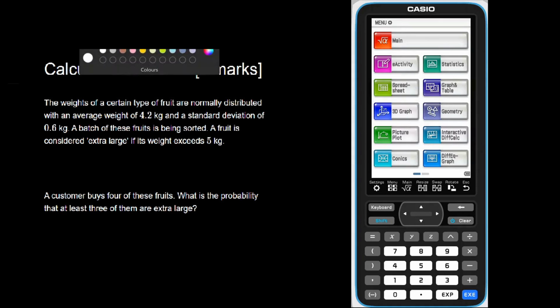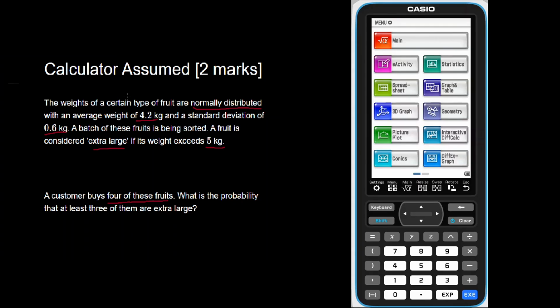This question here is a probability type question, and it's saying that a certain type of fruit is normally distributed. It has an average weight of 4.2, standard deviation of 0.6, and a batch of these fruits are being sorted. It's considered extra large if its weight exceeds 5 kilos. So the question is, if a customer buys 4 of these fruits, what's the probability that at least 3 of